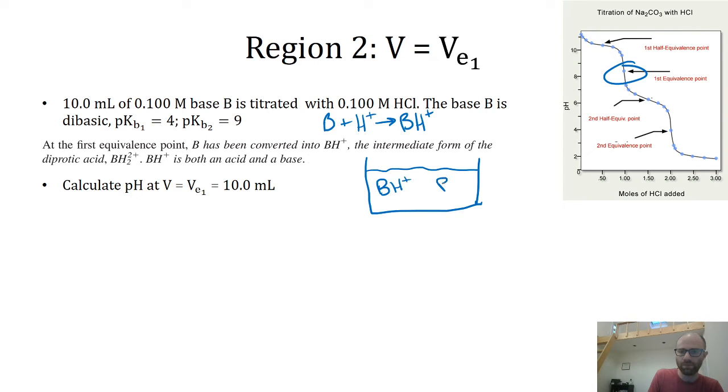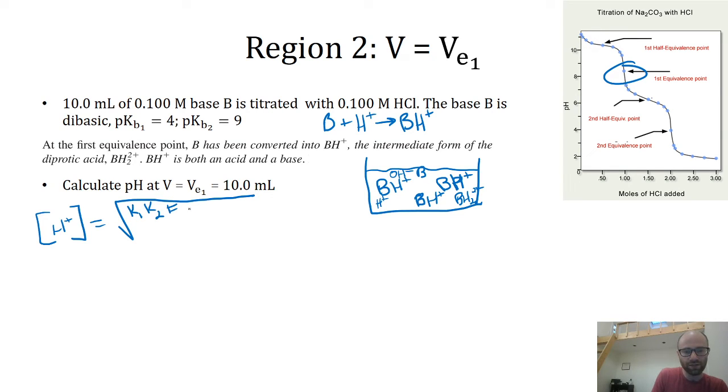And our beaker is full of BH plus, except if we need to figure out the H plus concentration, well, then I don't know what's going on, because BH plus is an intermediate form of the diprotic acid. It's both an acid and a base, which means there's going to be a small amount of B and a small amount of BH2 2+, which means there's going to be some H pluses floating around and some OH minuses floating around, and I don't really want to do the systematic treatment if you don't want to, so we can kind of jump straight to our answer. We know that for the intermediate form, the H plus is equal to K1 K2F plus K1 KW over K1